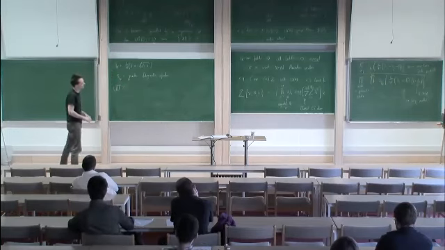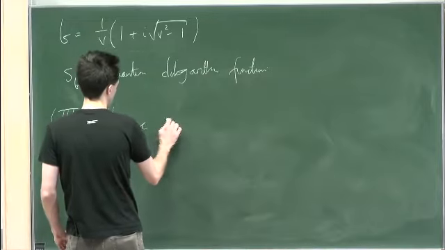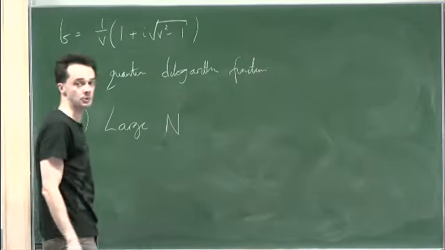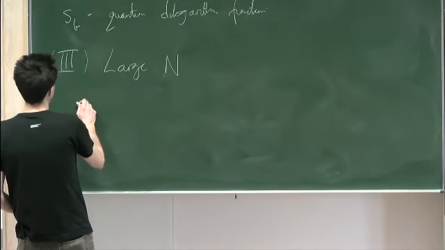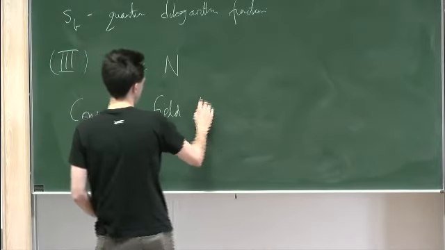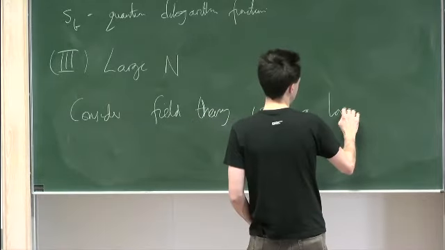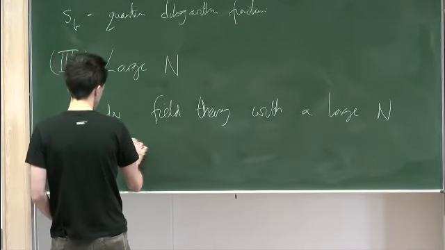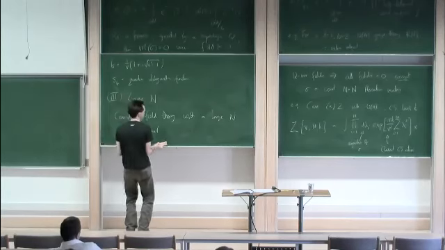Good. So section 3. You get some matrix model. It's exact. Very briefly, I want to get to gravity duals, and for that I'm going to need to go to some large N limit. So we consider some field theory with a large N gravity dual to do this process.